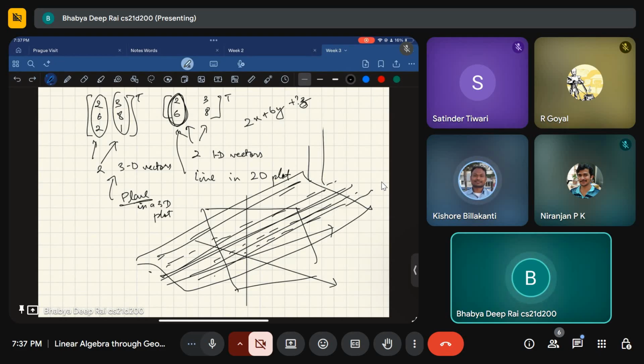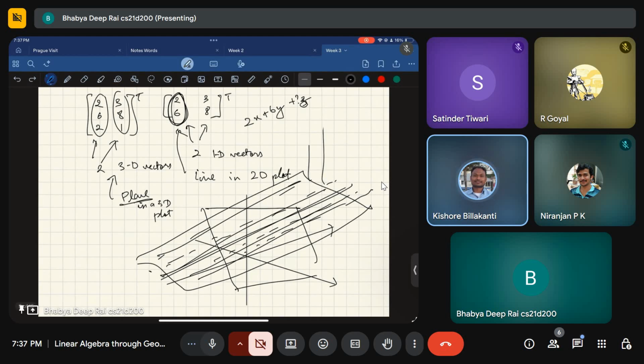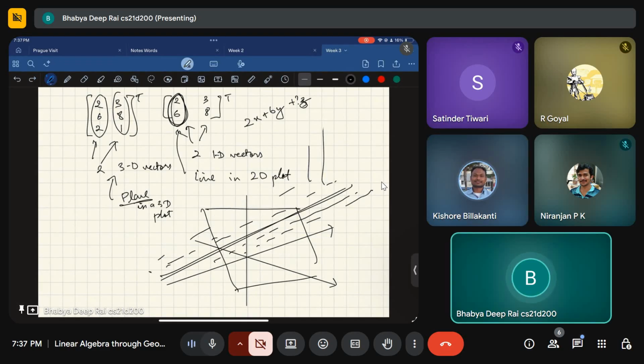No, but when we add z equals 0, does it mean any such representation on the z axis itself? I don't think so. Z equals 0, which means x and y can be anything. So it will be a plane which is exactly containing the z axis, parallel to the z axis. Yeah, that's true. Right.